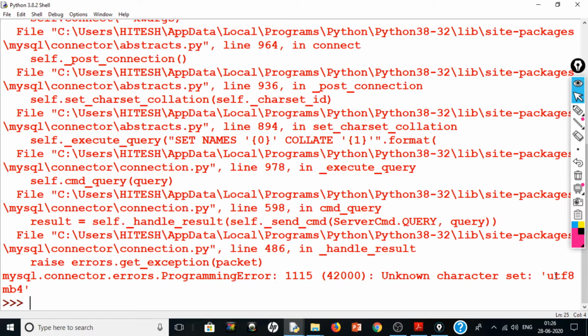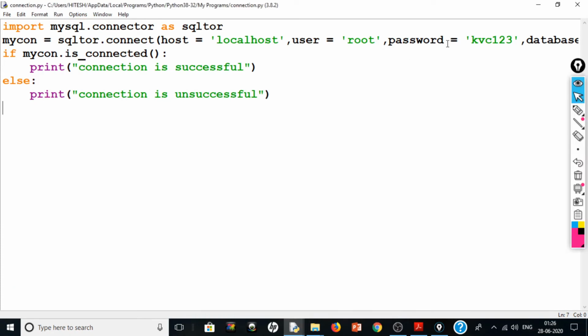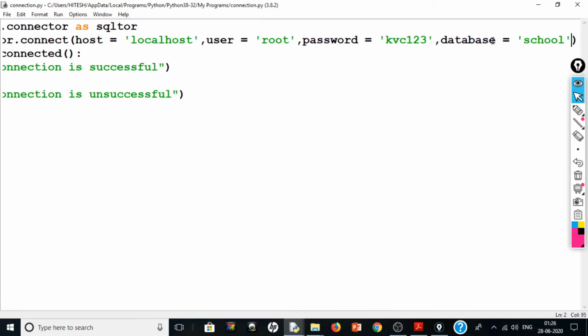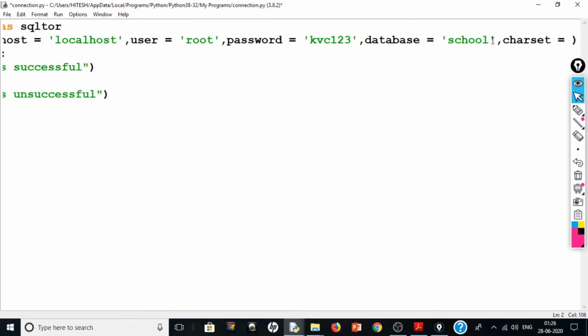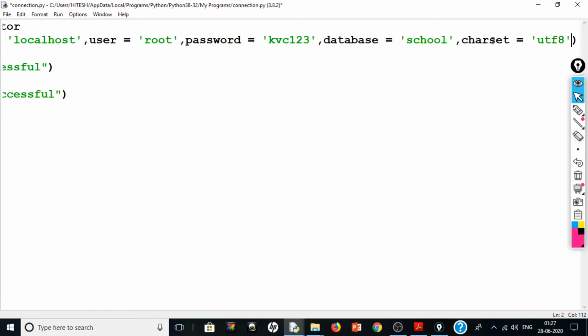If you got this error, the simple solution is to include another field in your connection, that is charset equal to UTF-8.